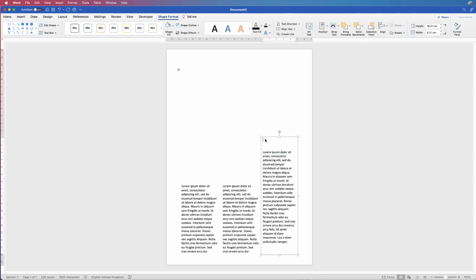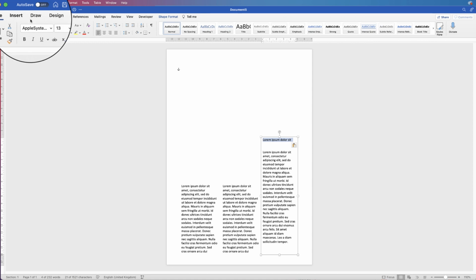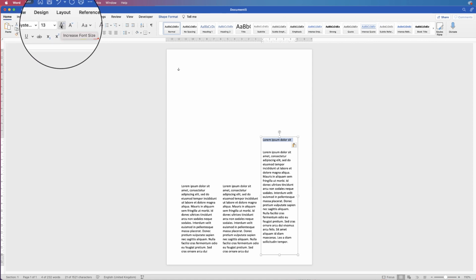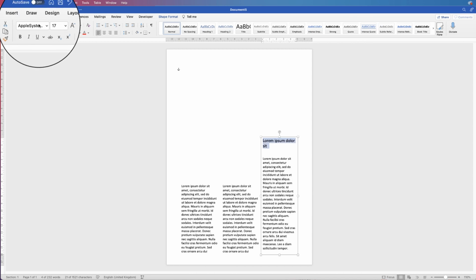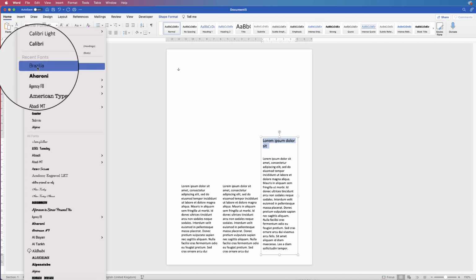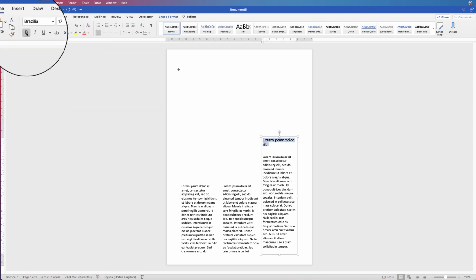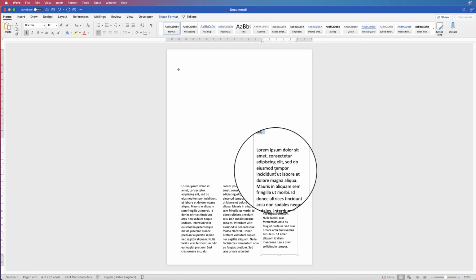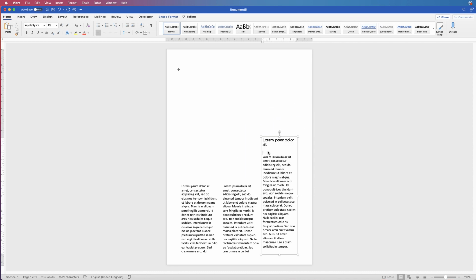And then I'm going to paste that title in there and then go to the Home tab, and then I'm just going to increase my font size by using this tool here, Increase Font Size, and I'm going to change the font to Brasilia and just click bold just to add a bit of additional interest. And then I might just take out that space, and then I can push this text box down to the bottom